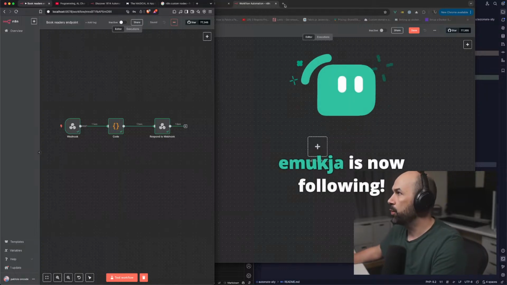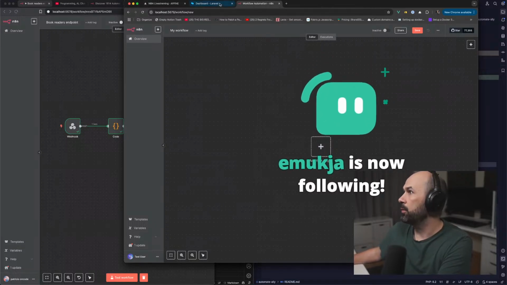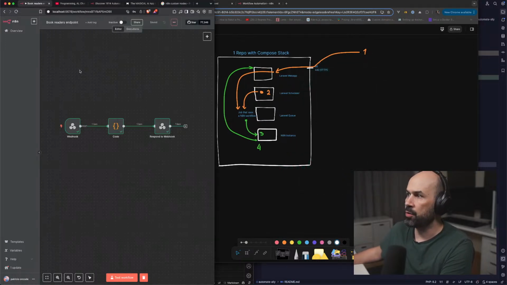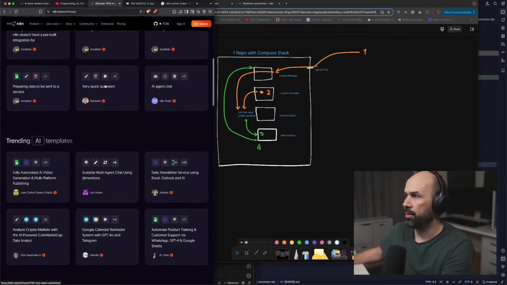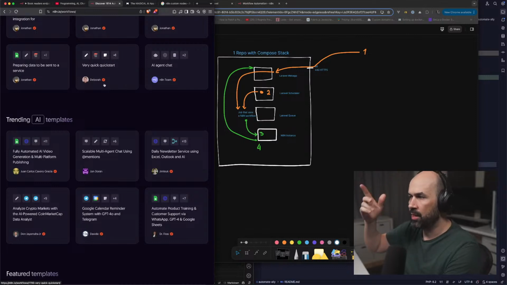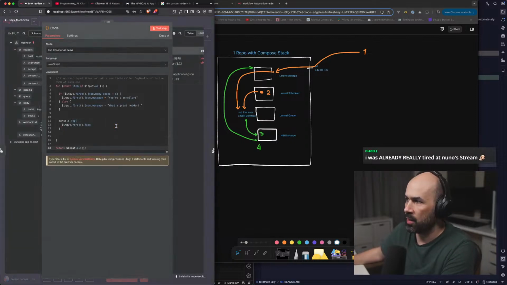Robin, so what we're doing is, thank you Emuksha for the follow. What we're doing here is we are using N8N, which is an automation platform. We can do it just by drag and drop and giving permissions and so on very quickly and no code. We can code as well if we want, right?